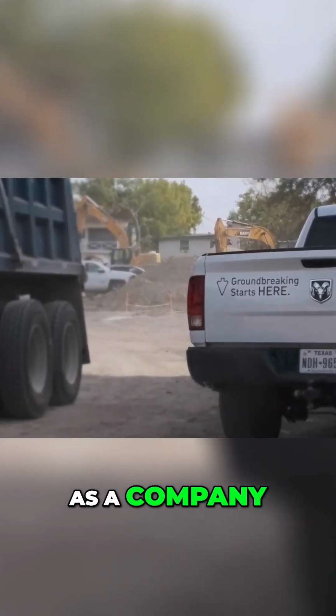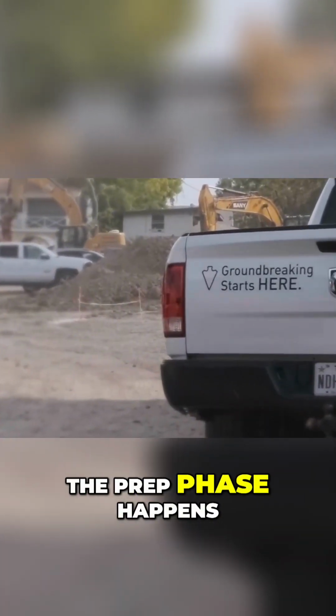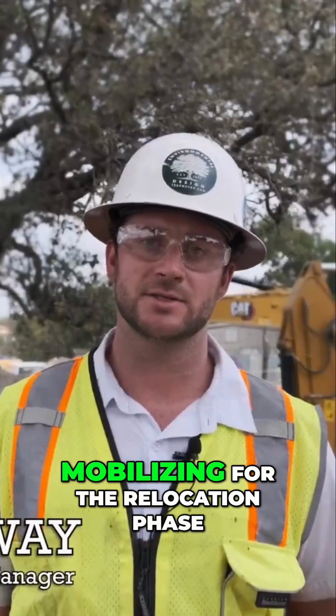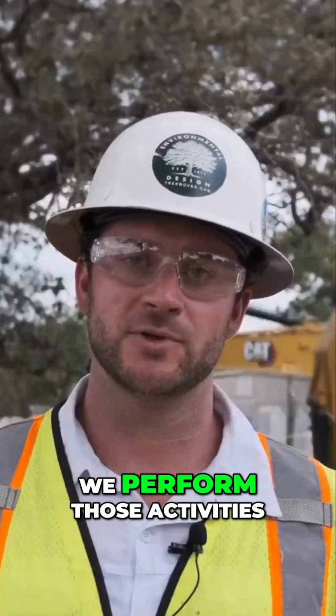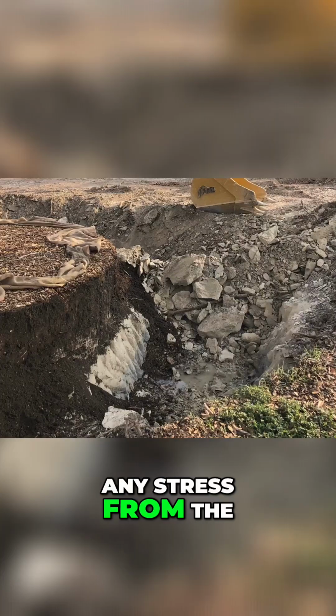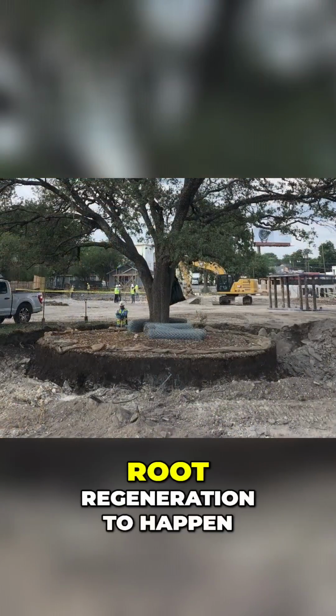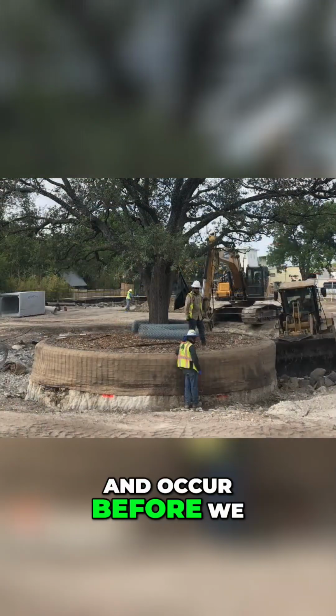As a company, moving large trees like this, we're over 96%. The prep phase happens 90 days prior to mobilizing for the relocation phase. We perform those activities 3 months in advance. That way we're able to see if there's any stress from the activities that are performed during the root pruning. And then it gives a chance for new root regeneration to happen and occur before we actually come and do